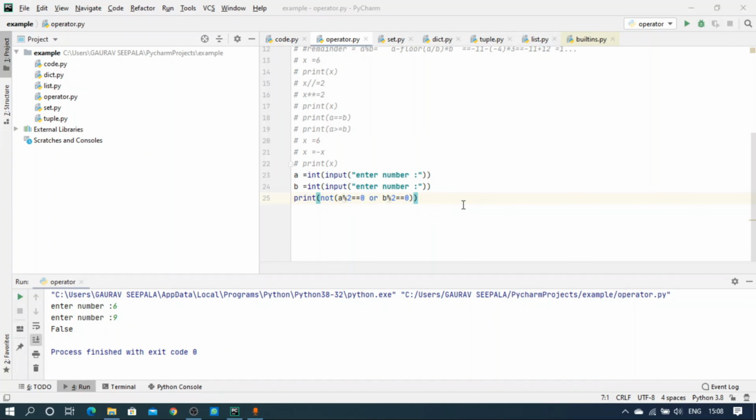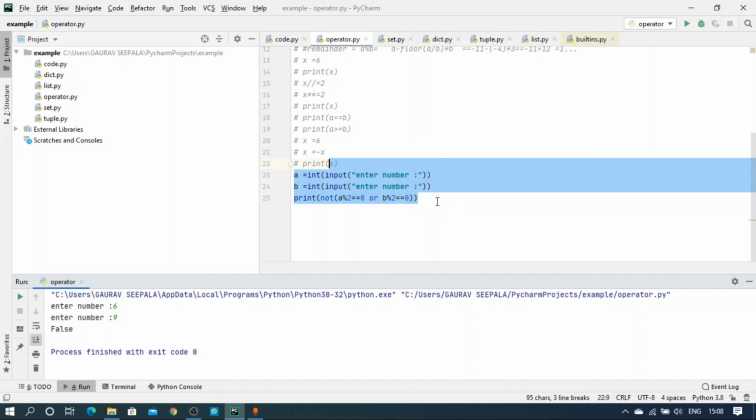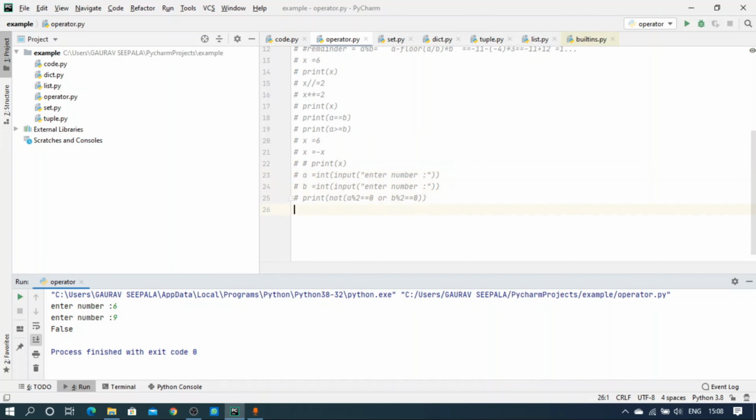So now let's see identity operators. Generally we have two identity operators, that is is and is not. So let's make them into comments. For this, let's create two lists.